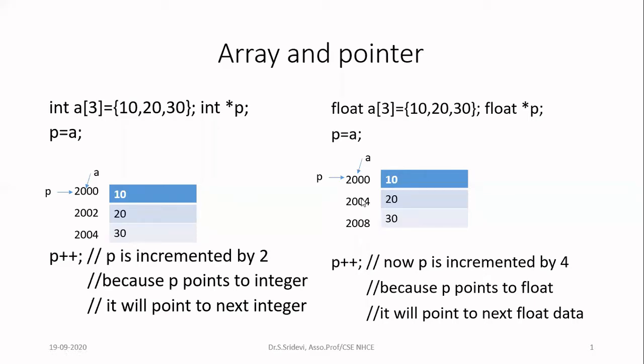You write P++. Now you have to see how many memory locations floating point data is going to occupy. It is going to occupy 4 bytes. So P will be now incremented by 4, not by 2. That is the difference. So in the previous case, P is incremented by 2, but in this case, it is incremented by 4. Suppose if this P is a pointer to double data type, can anyone tell me what will happen when I write P++? It will be incremented by how many numbers? 8 bytes. 8. Okay, always see what data type the pointer is pointing to. Yes, good. Now let us see the next slide.